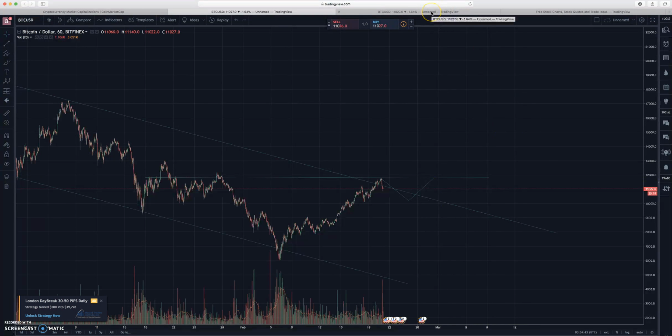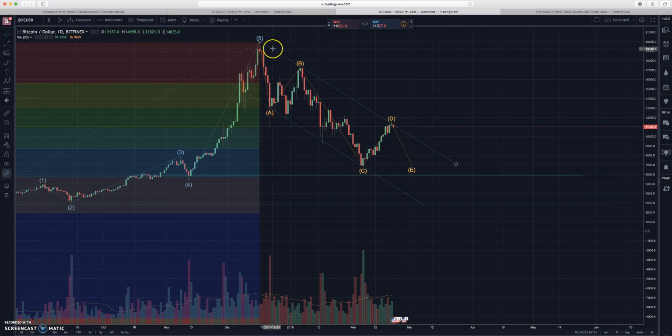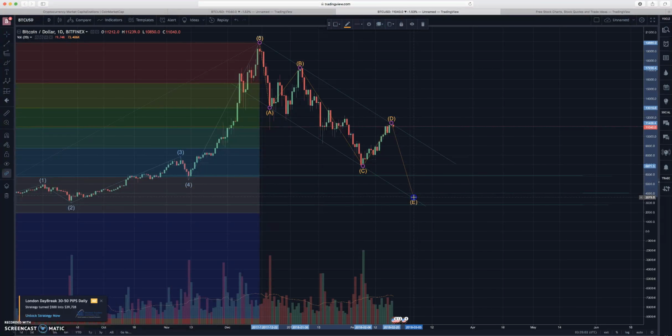And then the more negative and grim outlook that people are looking at is this right here. Like we said before, we thought we were having our A, B, C correction, and this was the bottom. Well, if you don't believe that this is the bottom, we could be in store for this triangle corrective pattern here, this ABCDE wave, where this E would come back and touch this support line, and then we would form a lower low. And I'm not super keen on this idea. I don't know for sure if this would happen.